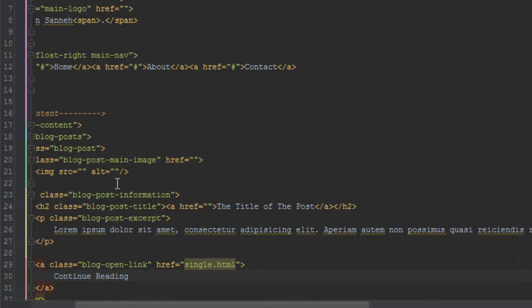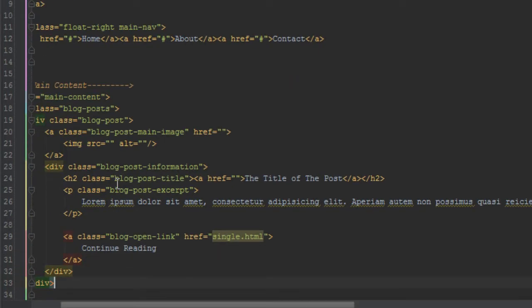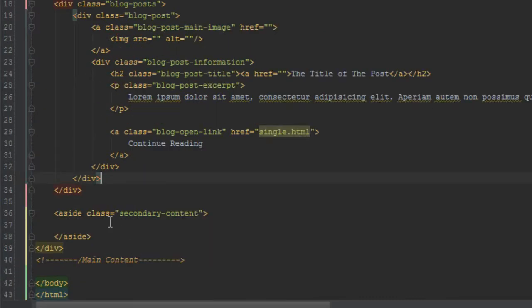Okay, so next let's go ahead and write the markup for our aside. That's the sidebar, if you want to call it. Right now it is a sidebar, but as I said, it may change in functionality, so we don't want to call it sidebar when it's not a sidebar. Okay, so inside the secondary content we'll have widgets. As I said, I just did this widget thing in case we want to change it to some WordPress template later, which we may do. So we'll just say sidebar widget,